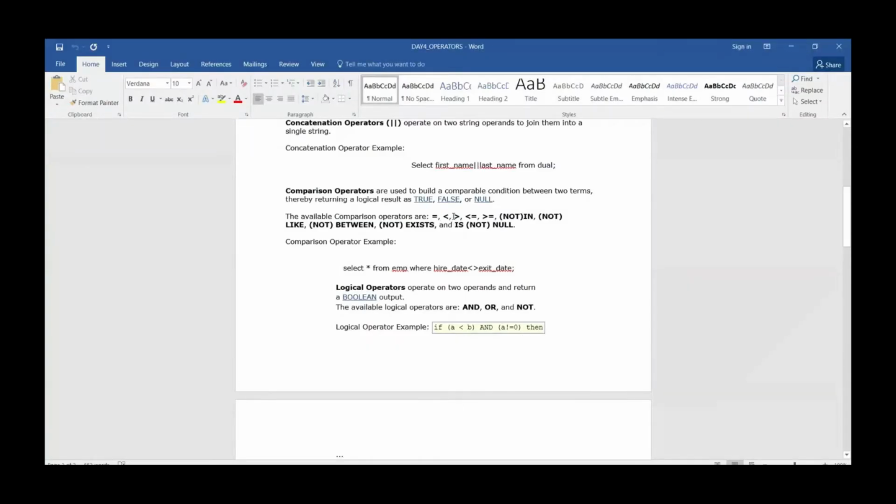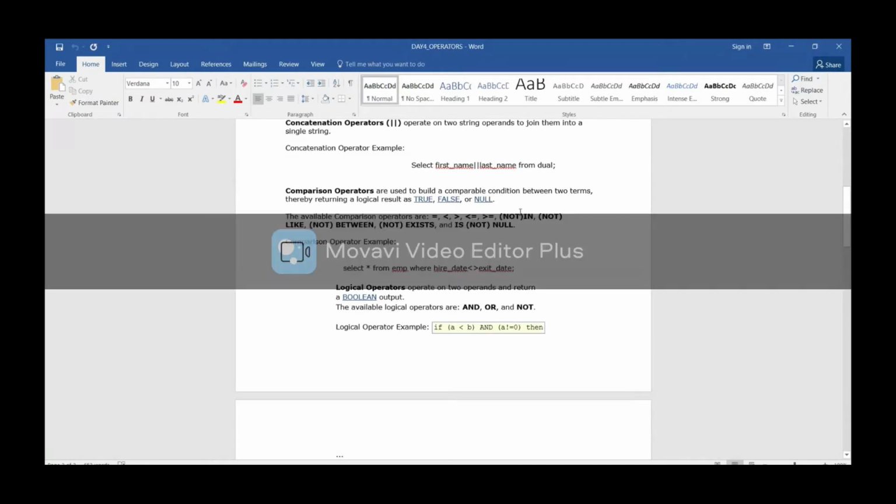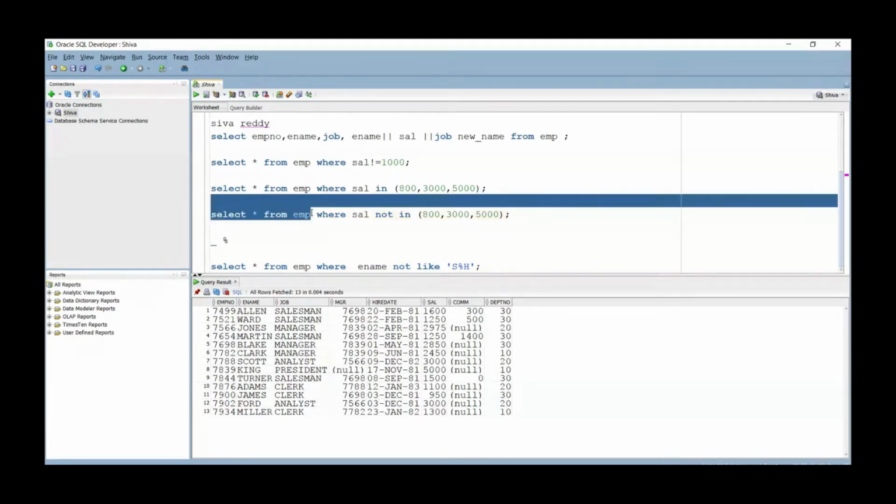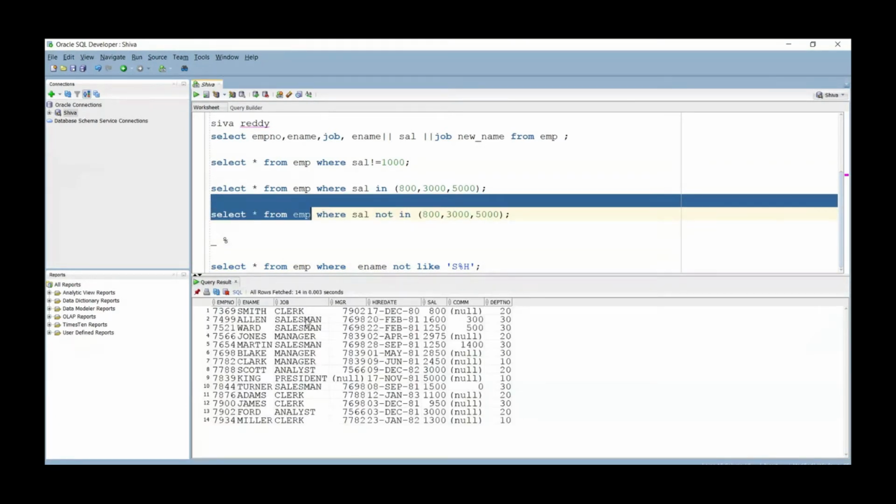So what other operators do we have here? We saw equal, greater than, less than, greater than or equal to, NOT IN, NOT LIKE, BETWEEN and EXISTS. We will see about the BETWEEN operator. Suppose you have the EMP table here. Now you are going to compare the values.